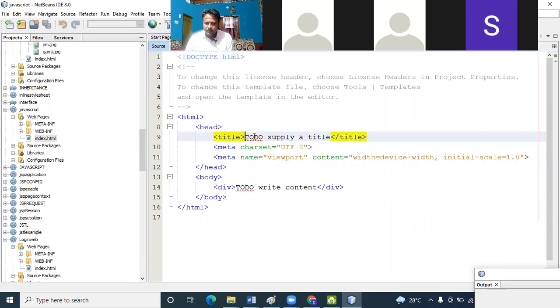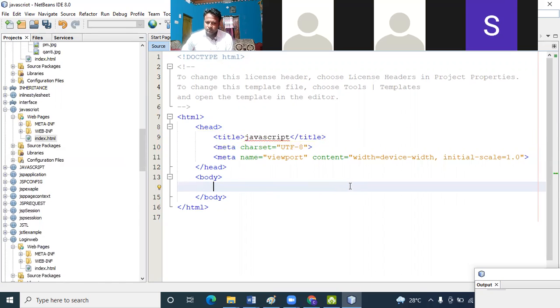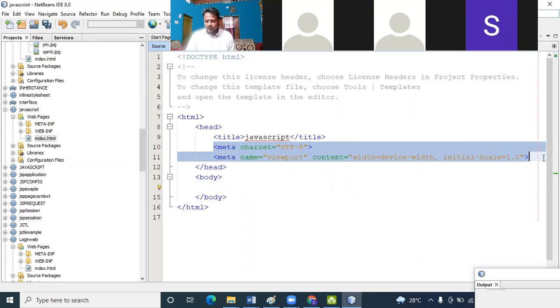Okay, so here, then in the title, meta is not required, so I remove the meta information.